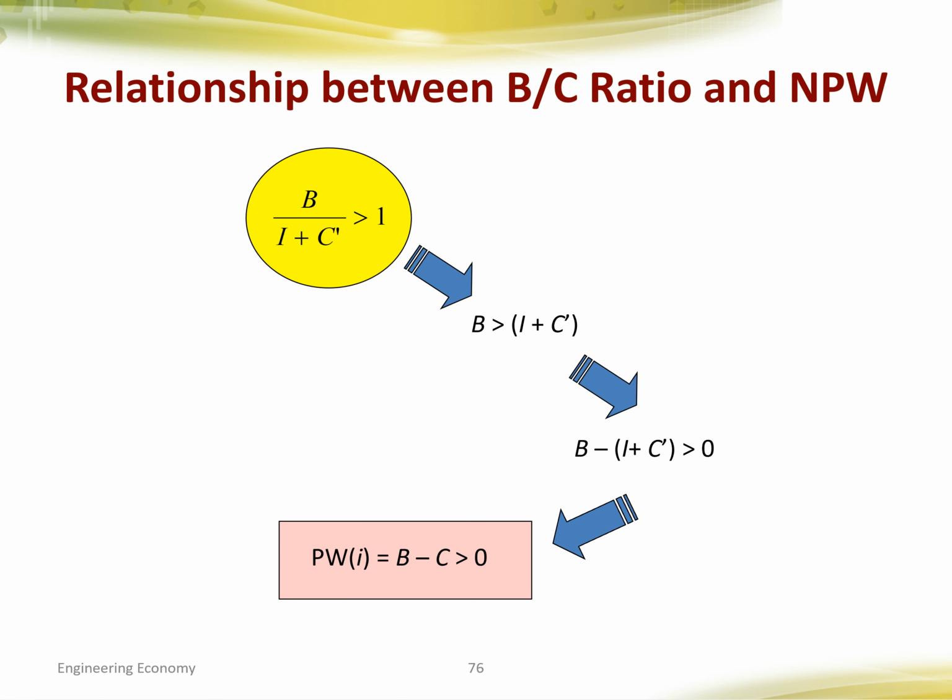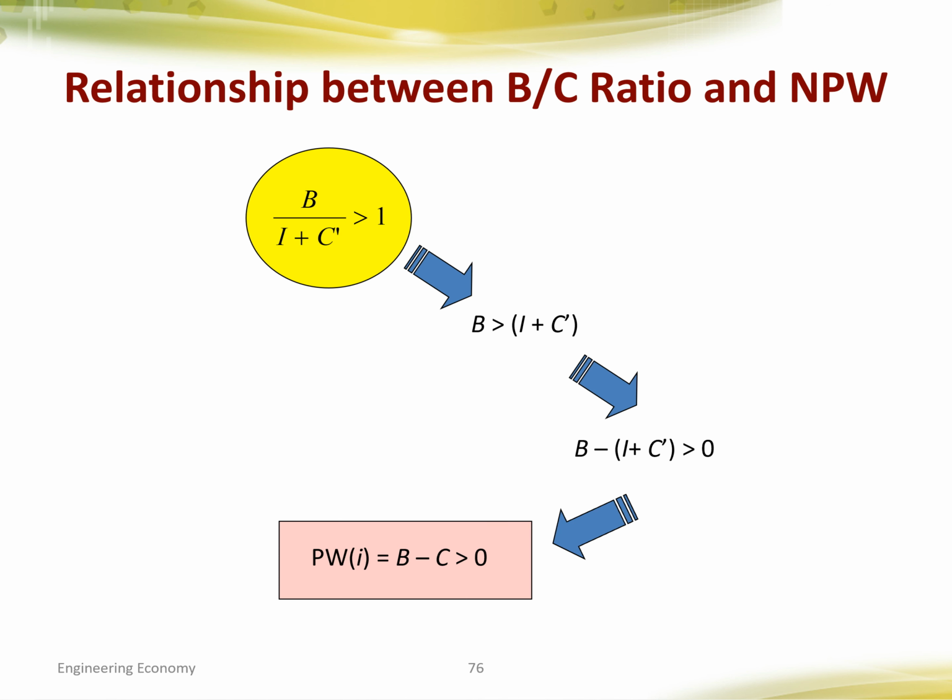So that leads us to a new criterion, which is if the present worth of the project is greater than 0, then we'll accept the project. Otherwise, we'll reject. So this is the present worth greater than 0 criterion. In fact, it comes from the benefit cost ratio,